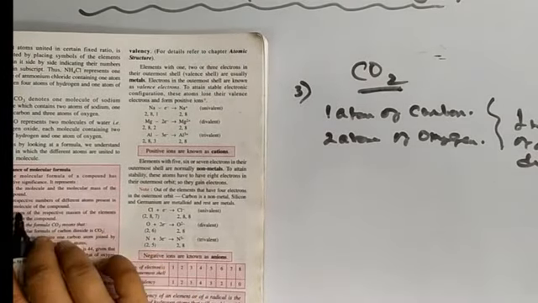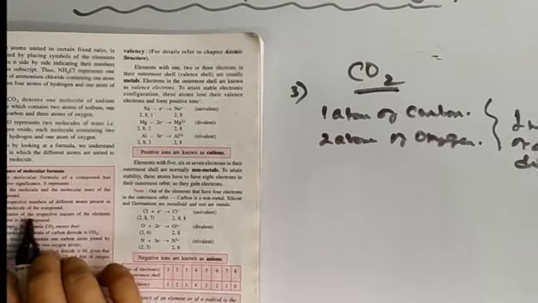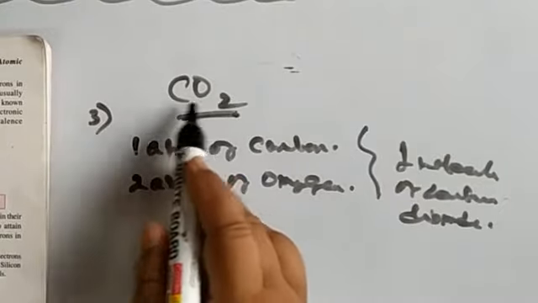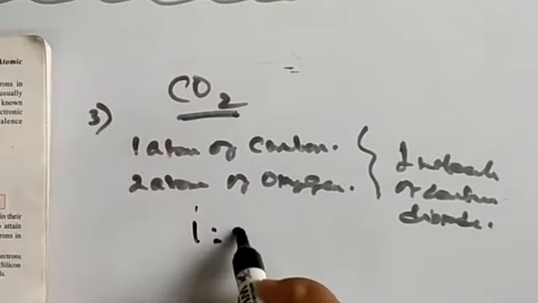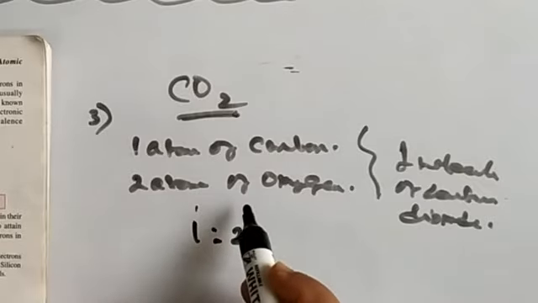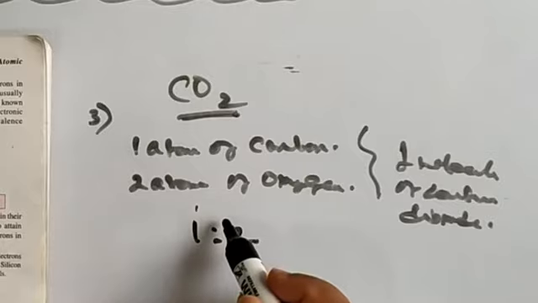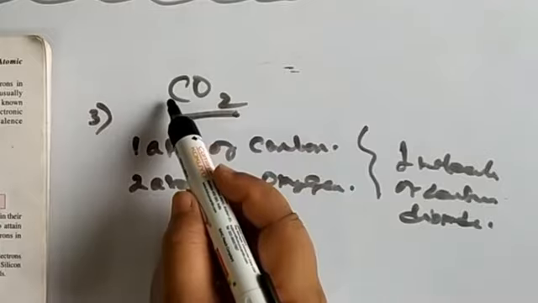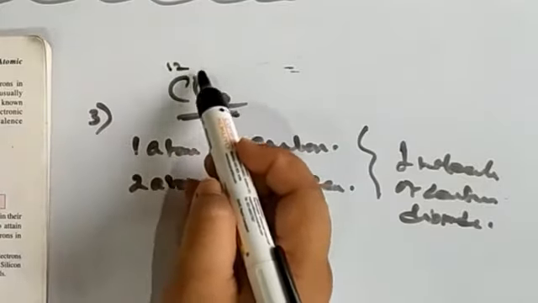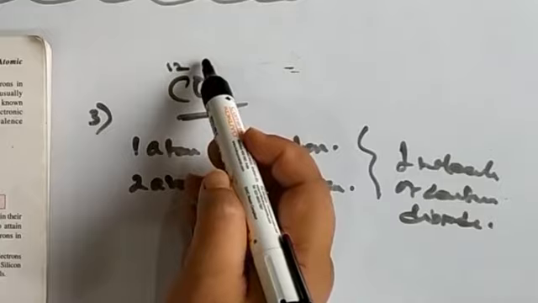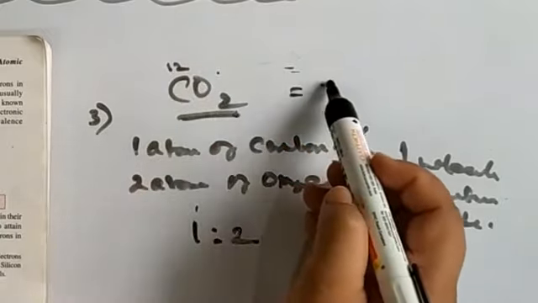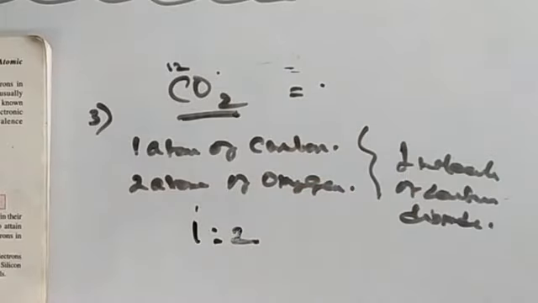It gives both the molecule and molecular masses, and the ratios are also there. What is the ratio maintained in carbon dioxide? 1:2. Carbon and oxygen are maintained in the ratio of 1:2. Then the molecular masses of both, if you know them: the molecular mass of carbon is 12 and of oxygen it is 16 into 2, which is 32. You can add them, and the total becomes the molecular mass of this compound. In this way we can easily work it out.